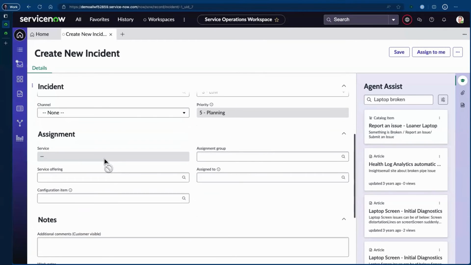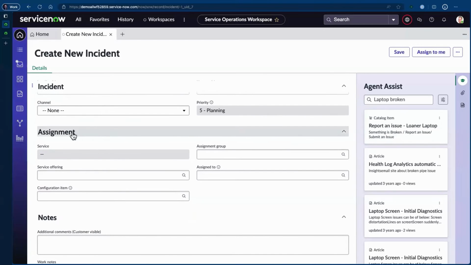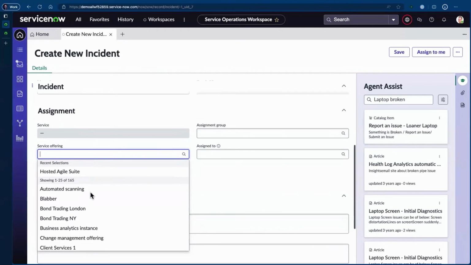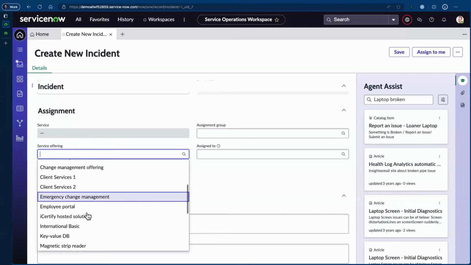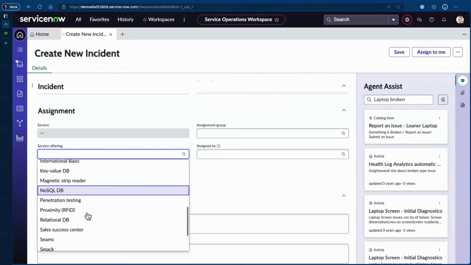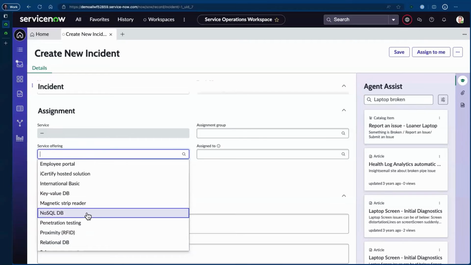My caller is there. And then down here, you can see that in my assignment section, I've got my services read only. So we're only asking our agent to select a service offering. And you can see down here, these service offerings aren't necessarily understood by the end user. They may be understood by the agent, but the end user won't necessarily know what these mean. So if I start typing in employee laptop,